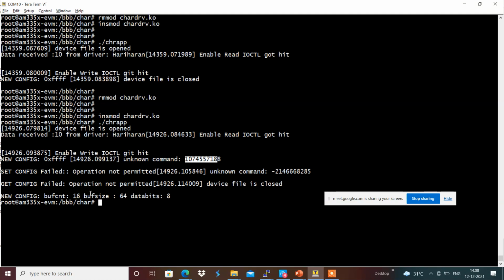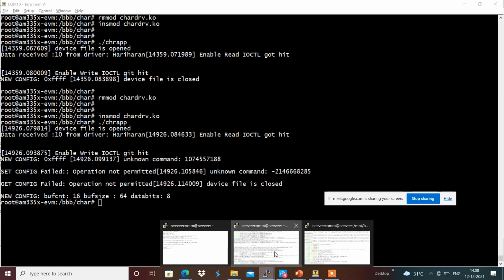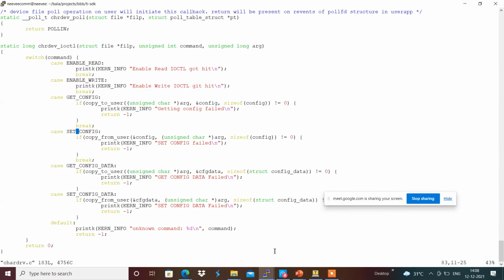Copy to user, config data is something like an argument, which is something that we have over here, which is a dmesg message: unknown command for this operation.